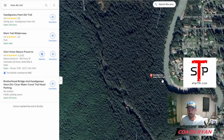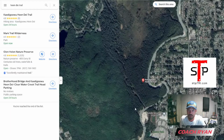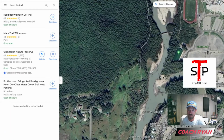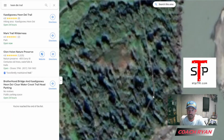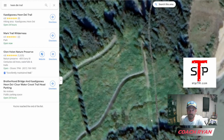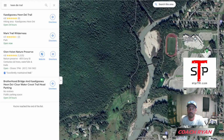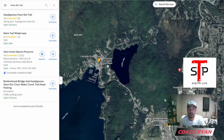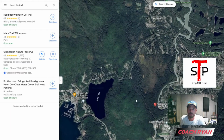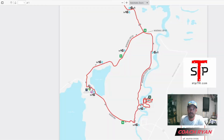So when you got your trail system, you're looking in here. I mean, you are pretty much going to be out in the wilderness. So I would definitely consider, it looks like you're not going to be on a paved trail system. And like I said, I'm not there in person, and I haven't seen much talk about the run course. But if you're on the trail system, it's looking like there's going to be quite a bit of